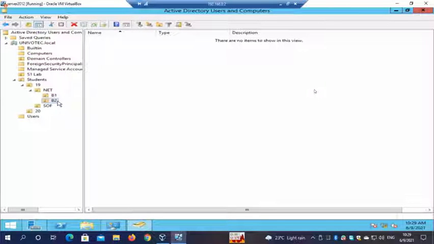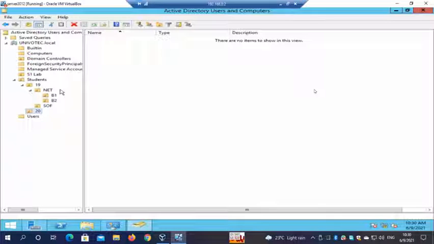Now let's say someone changed from B1 to B2 or like that, or maybe there might be repeat students in the 20 batch who were in the 19 batch. So then maybe I need to move them from 19 to 20, right? Or I might keep them in the same 19, or I can change them to the other group.